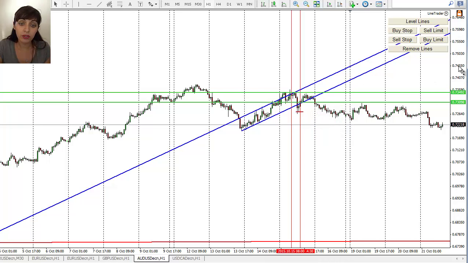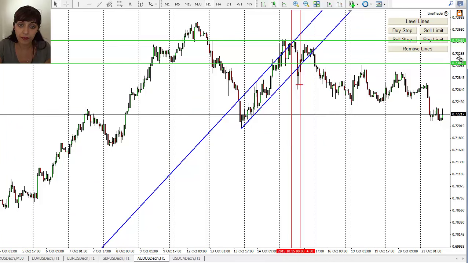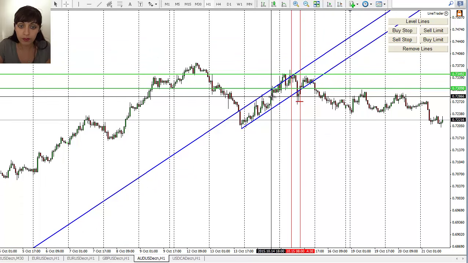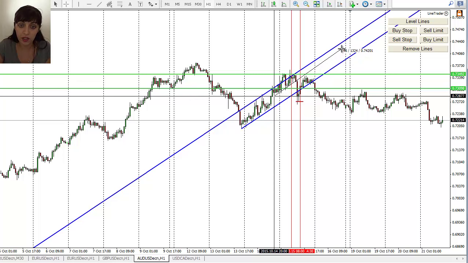What I would usually do, like I did in the Canadian dollar, is personally go for this, like this. You can see that channel. So I would use that little area to draw the line. The only reason I didn't do this when I was thinking about it is because it's the Australian dollar, and it's the other time zone. So I thought it might not be as active as the Canadian.